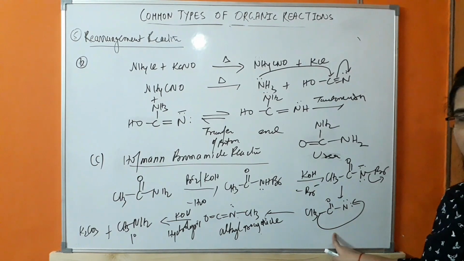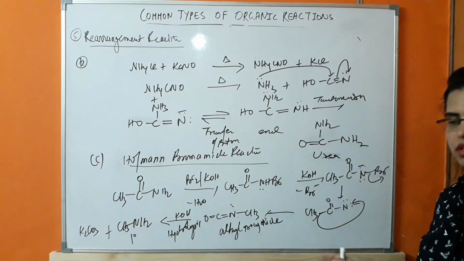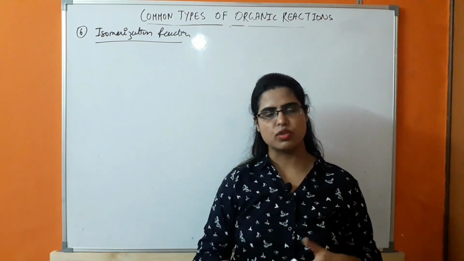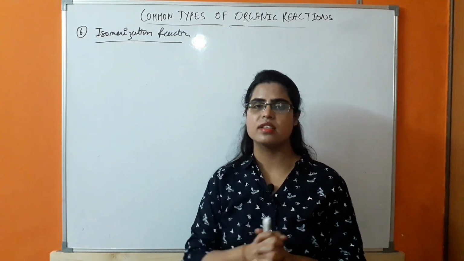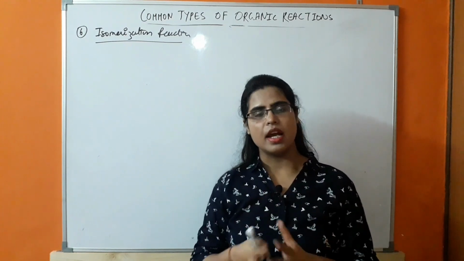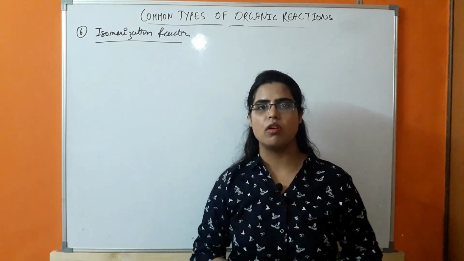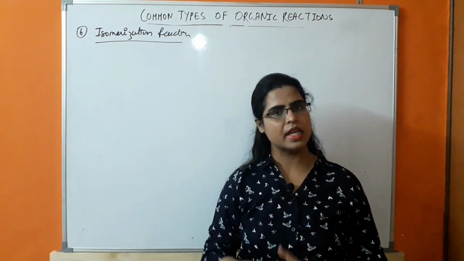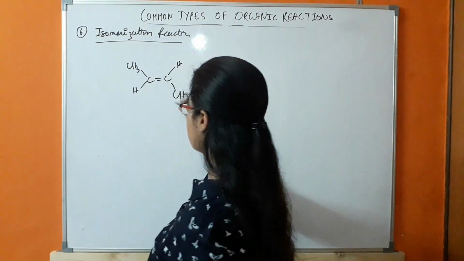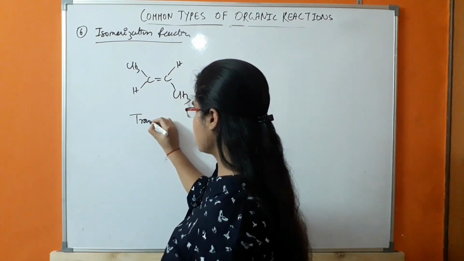So this is the example of rearrangement reactions. In isomerization reaction, there will be conversion of one isomer to another isomer, whereas the molecular formula of both reactant and product will be the same, and also the carbon skeleton of both reactant and product will be the same. That is isomerization. Example, this is trans-butene,